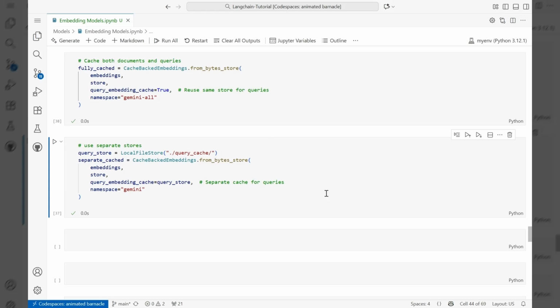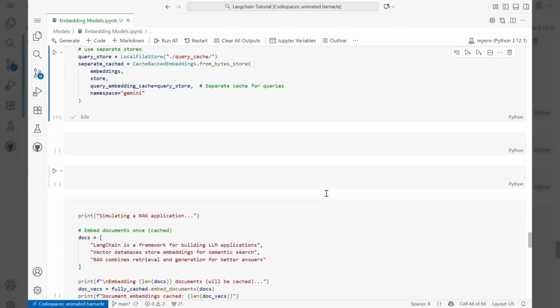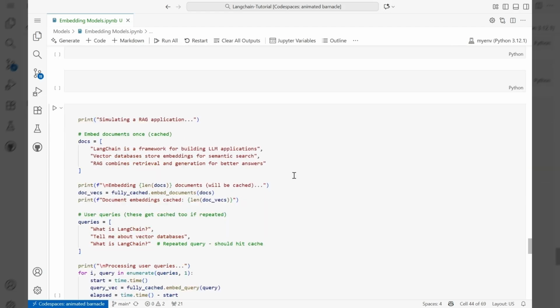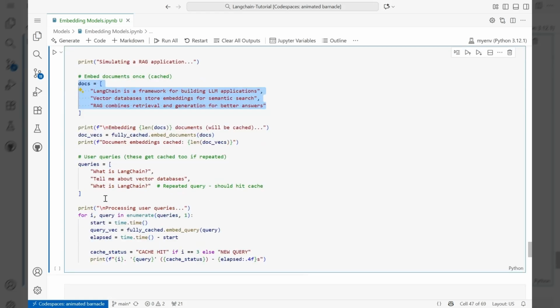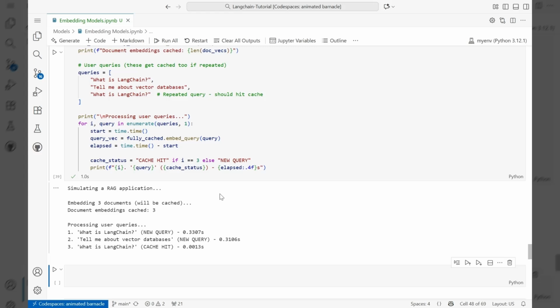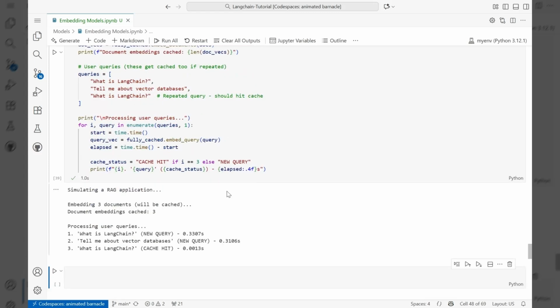Now let's create a RAG application from scratch. Without using anything, we'll create a RAG application, where we're using three documents that will get embedded and we'll cache them. Then we'll have three queries and we will cache these queries also, because I have two repeated queries. Okay, if you see here, it has created three document embeddings, right? Those three are getting cached. That's correct because I have three different documents here, but I have three queries, out of which two queries are